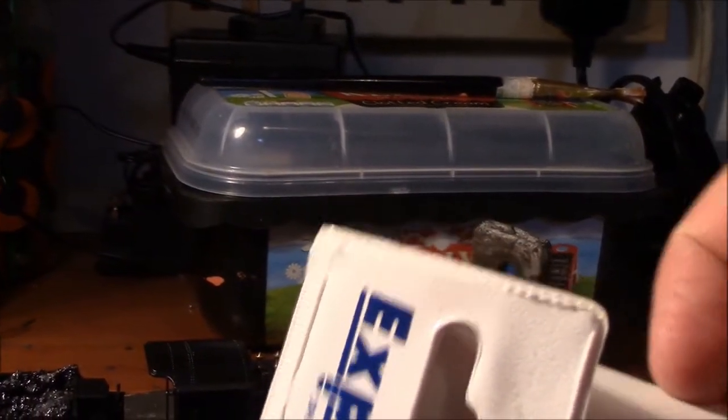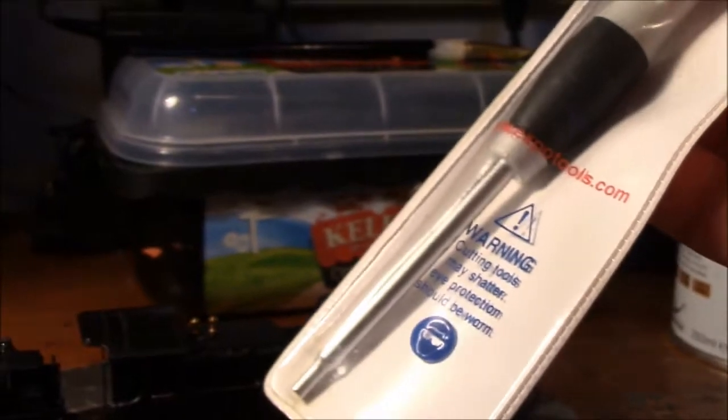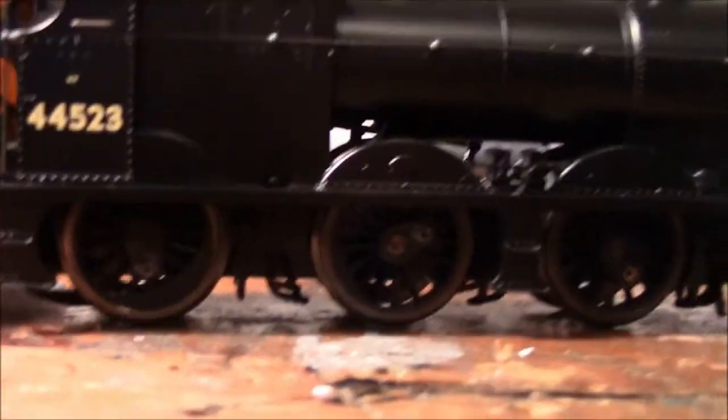Yeah, it's by Expo, and it's a pretty standard tool, as you can see. You can get them online, most model shops do them, but they're really handy for doing all your locos and servicing. And normally the hex bolts that go in, if I remove it from that angle and turn it round,